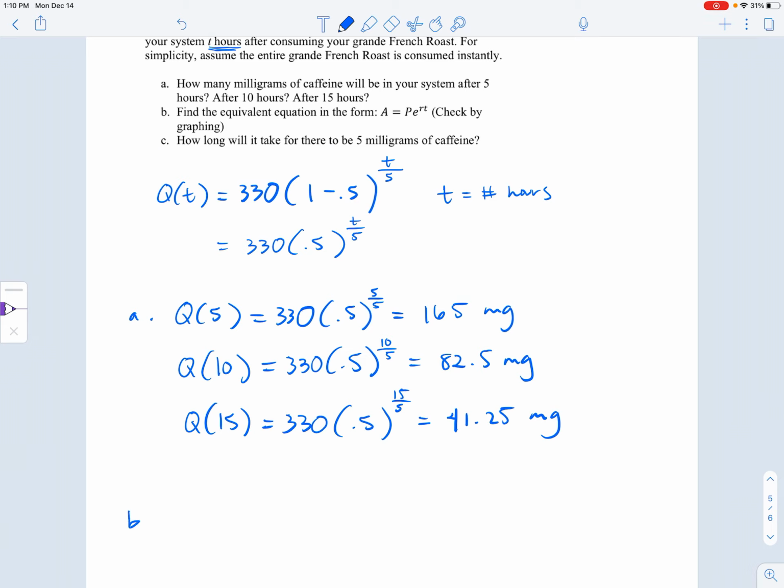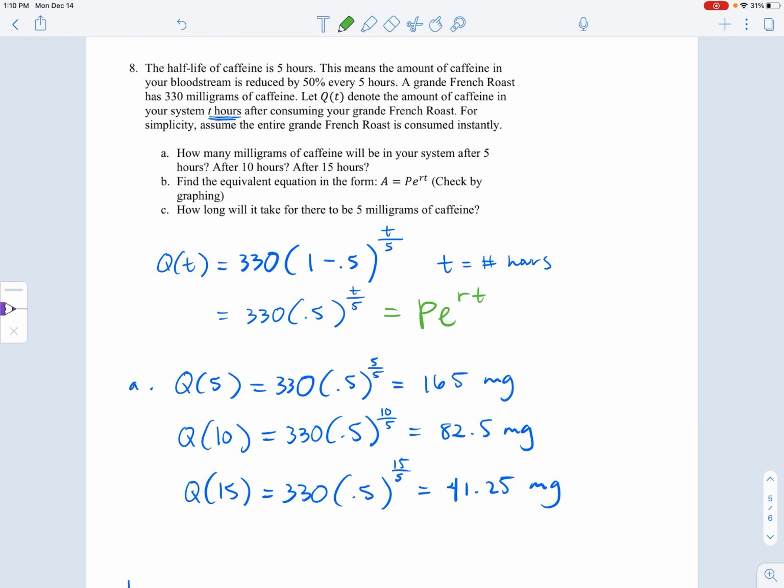Okay, so now to answer question B, we're trying to come up with the equation in this form, so with base E, that would have the same inputs and outputs, so their graphs would actually match. When we have base E, we're thinking about a population continuously changing. So in this case, you consume the grande French roast, you have the 330 milligrams in your system,